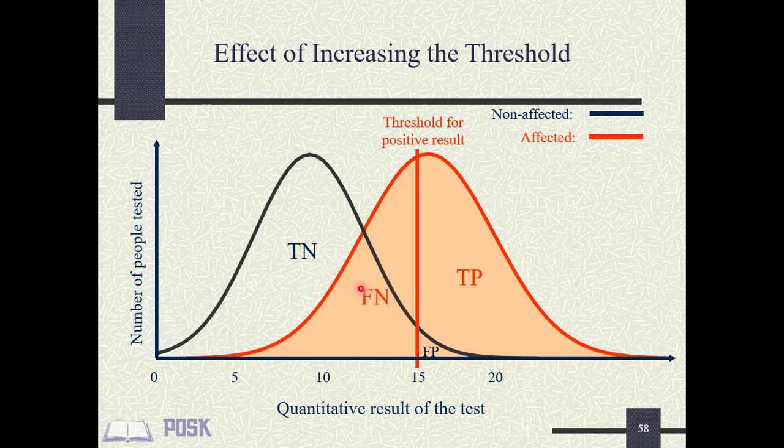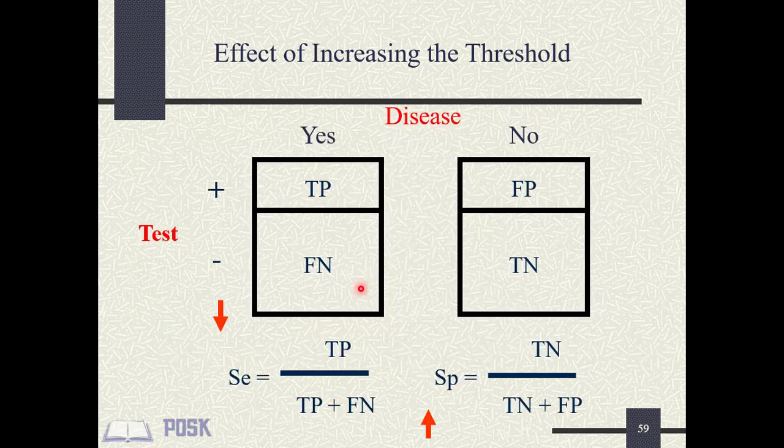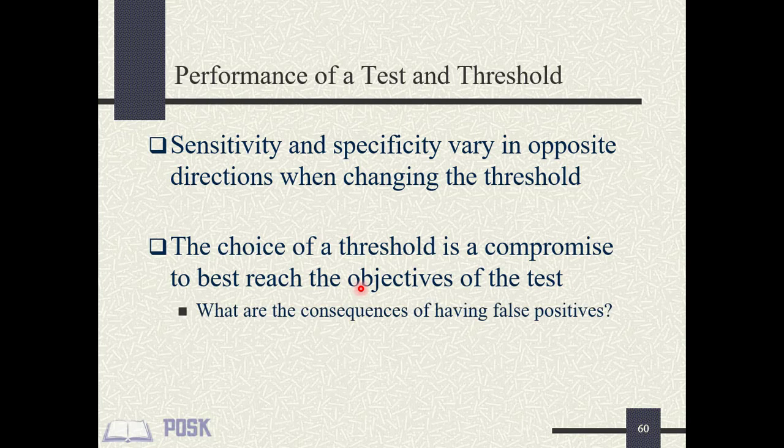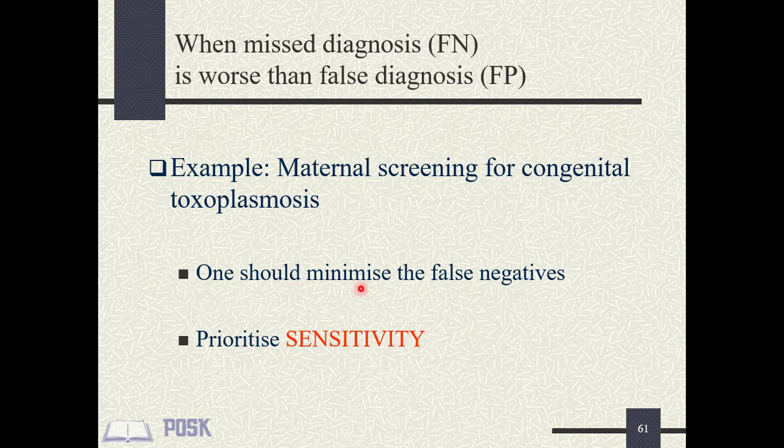What if you move the threshold up? False positives have gone down, while false negatives have gone up. Similarly, true negatives have gone up, which means that specificity has moved up at the expense of sensitivity, which has gone down. Shifting the threshold has opposite effects on sensitivity and specificity. It comes at a cost, and you must make compromises. Are you prepared to have more false positives, or would you rather have more false negatives?